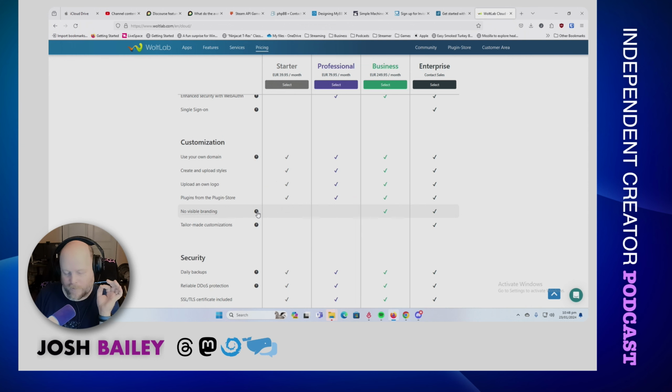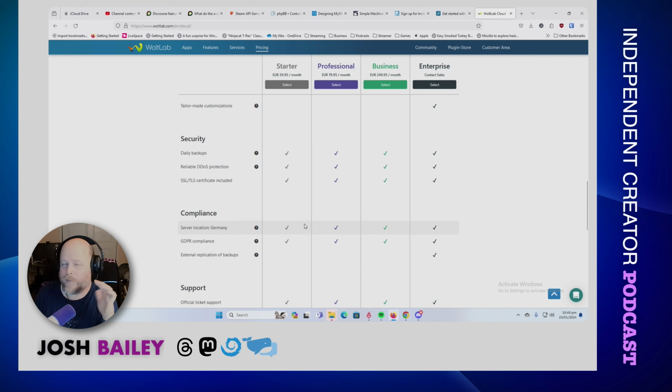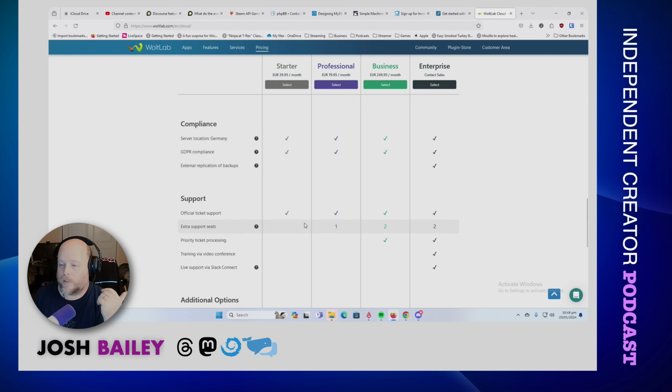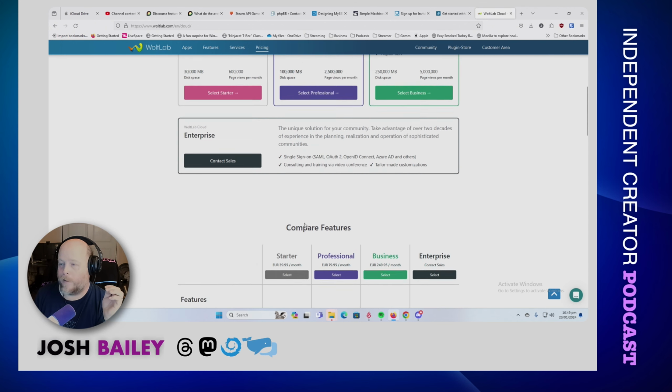You'll get Woltlab's branding on your forum, which, see, this is the thing. I can see that if it was on a free plan, but you're giving them money. So it's kind of like, okay. But with all the other software, they have their branding, say, powered by whatever on the bottom. So again, you can pay extra to get rid of that branding. So Woltlab, it's cheaper